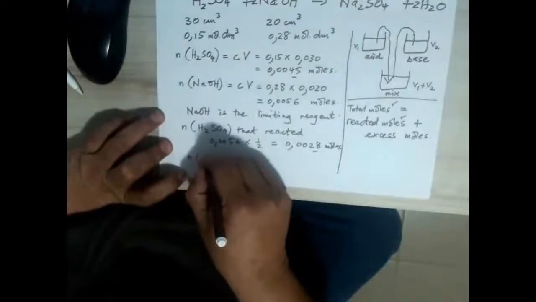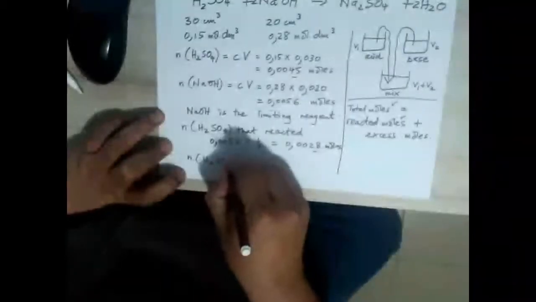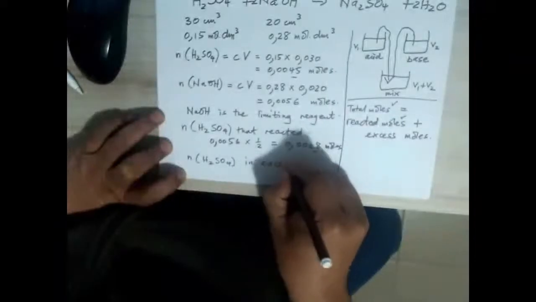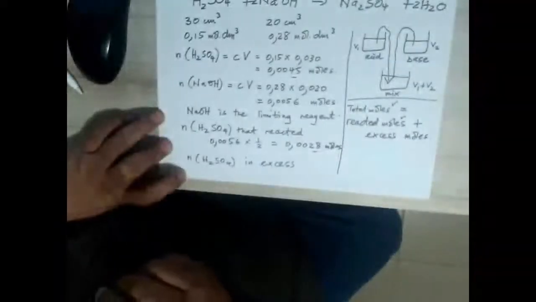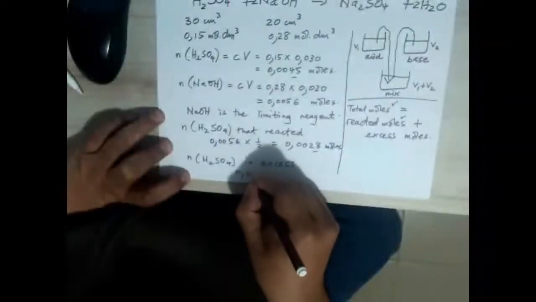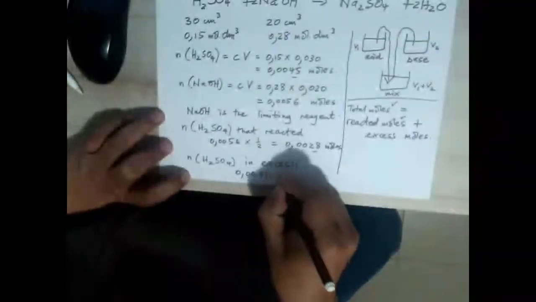Right? So the moles of sulfuric acid in excess is 0.0045 minus